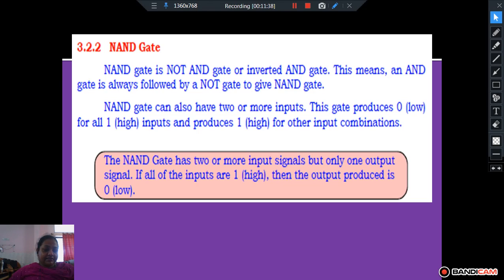AND says the output is 1 only if all inputs are 1, but NAND is the opposite. A NAND gate can have 2 or more input signals but only one output signal. If all the inputs are 1, then the output is 0.